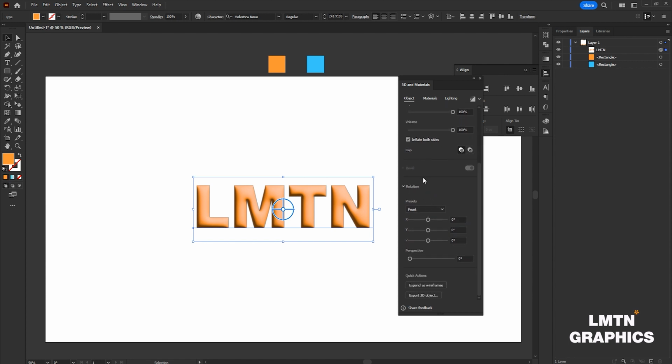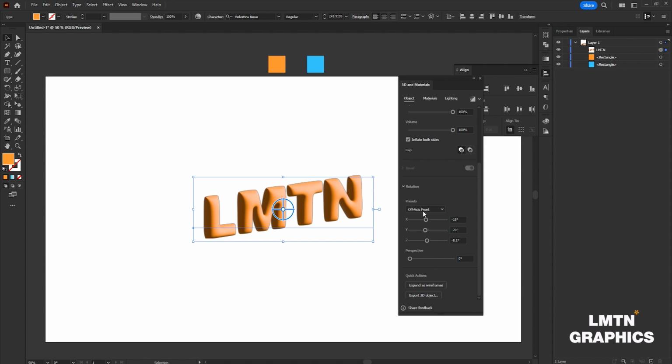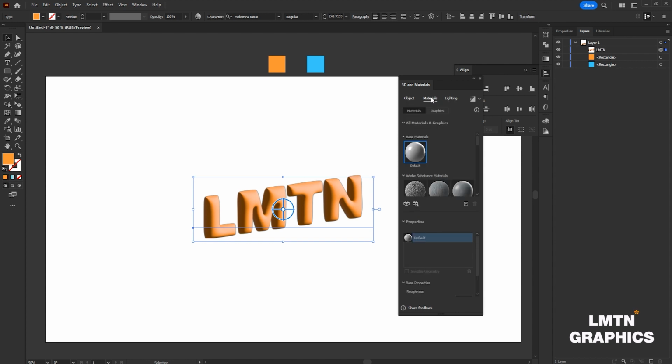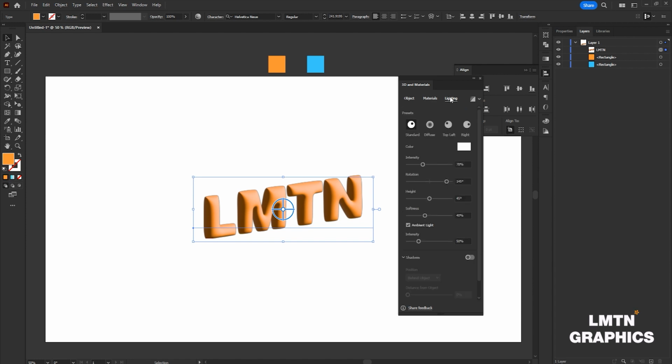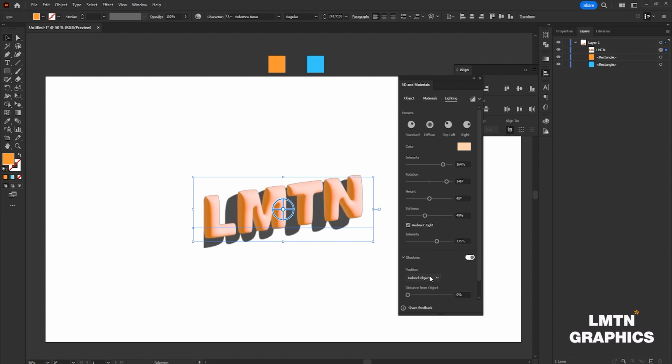and go to rotation, preset, change front to off axis front, and we go to bottom bar, material, choose lighting. After that we go to add shadow and behind object